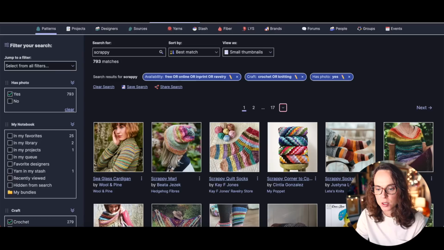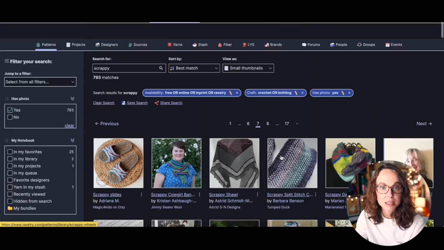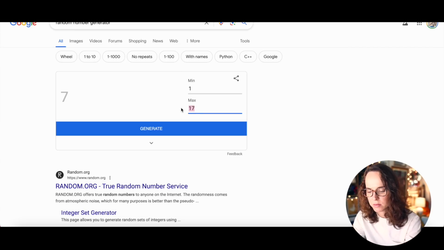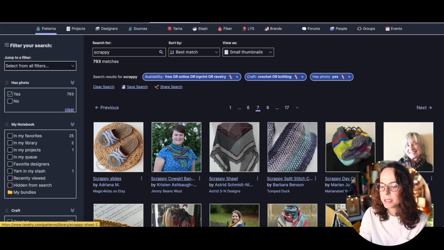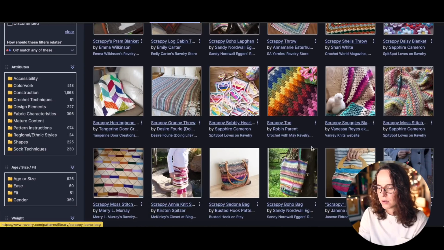Page 7. So we're going to go back over here, and we're going to go to page 7. And then there are 48 listings on each page, or 48 items. So 1 through 48. 37. Okay, we're off to the races. 18, 24, 30,